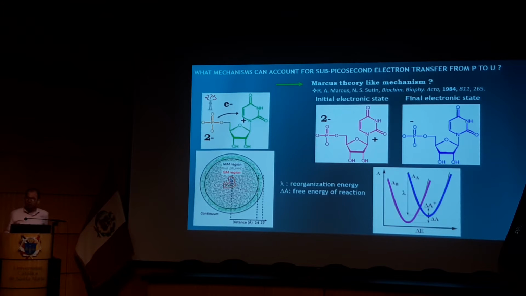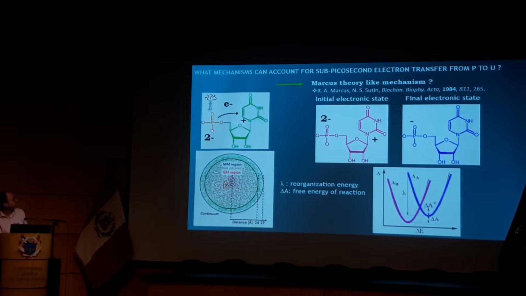So we looked for another mechanism, maybe a Marcus-like theory mechanism, which is a more common mechanism in chemistry to account for electron transfer. Well, Marcus theory won the Nobel Prize for that in the 90s, for developing, with other people, the framework to do that. And so we have various ingredients in Marcus theory,